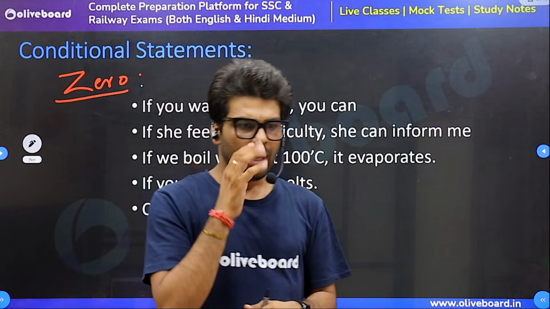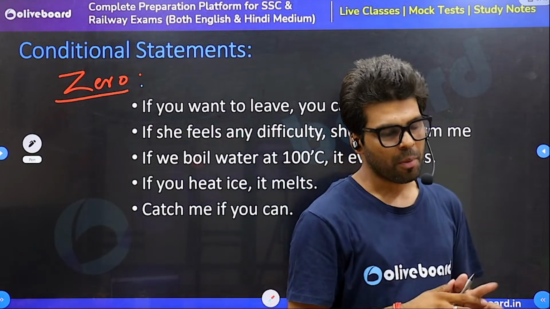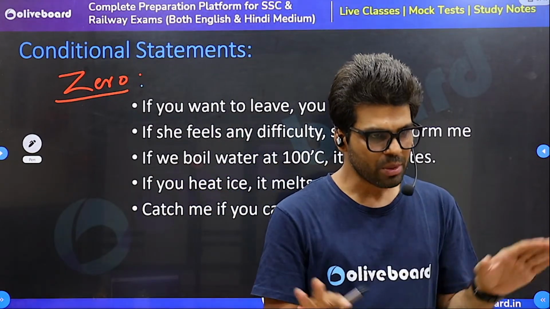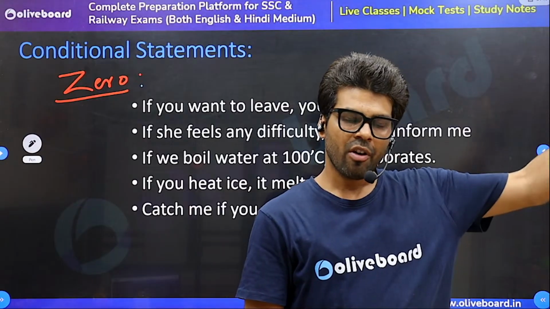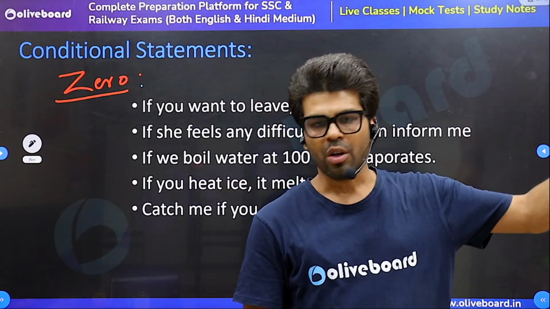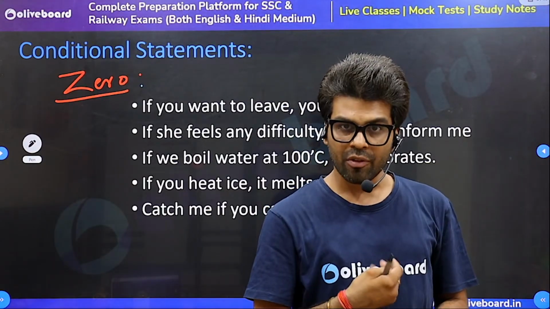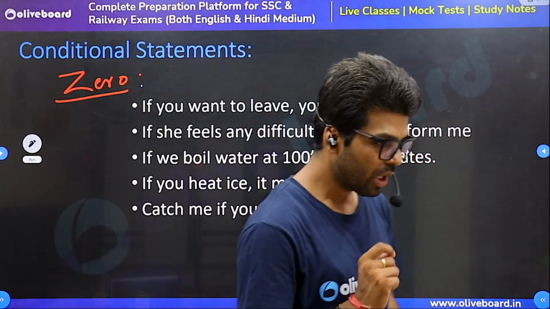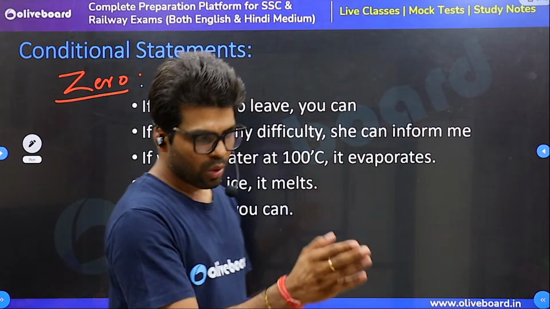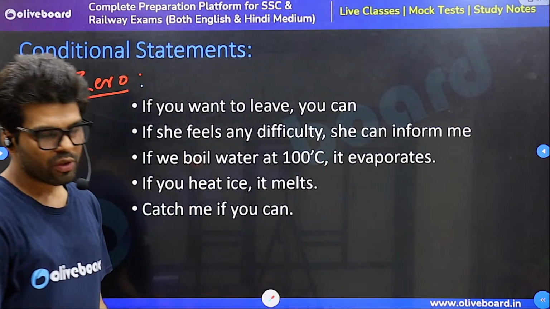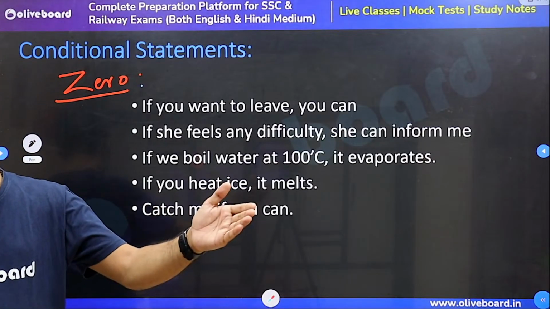Hold on. If you have any objection, you can inform me. If you have any objection, you will inform me. Think about this. Feel this. Not you will inform me. You can inform me. You have to go. Your father is calling you. Okay. If you wish to go, you will. Or if you wish to go, you can. Remember this line?